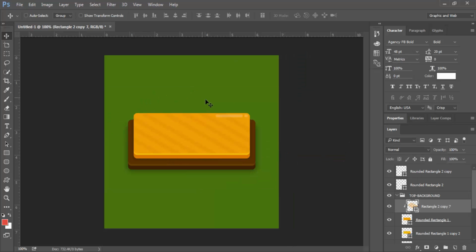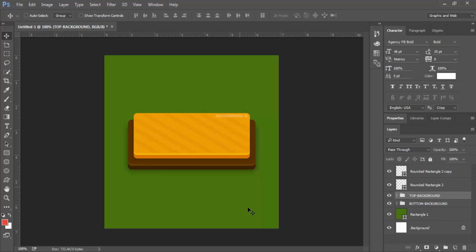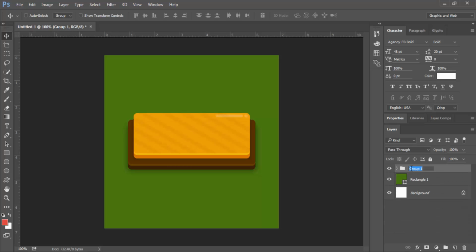Here we go, your buttons, so cute. We're going to group it as button master. This button is recommended for a farmer game, or a game with green themes, or anything else.